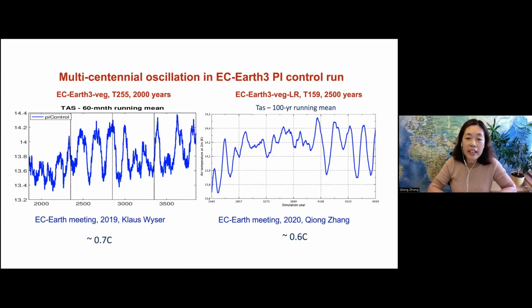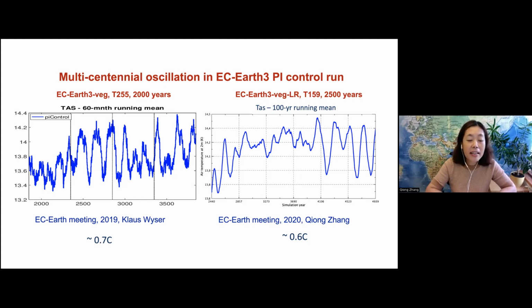Starting with the motivation. This is something we did a few years ago. We were still focusing on different PMIP simulations, and at that time we hadn't even started the transient Holocene simulation yet. But when we prepared these CMIP6 simulations, you know that when running a climate model, we first need to run a spin-up to let the PI control reach equilibrium. But our EC-Earth 3 standard resolution seems to never reach equilibrium. It has this variability, up and down all the time.